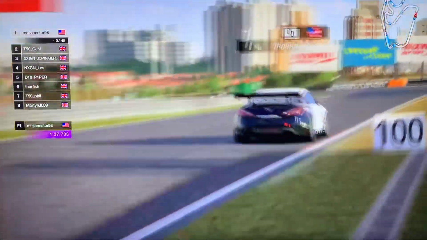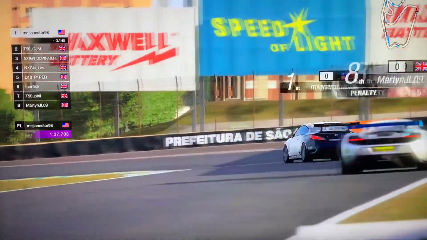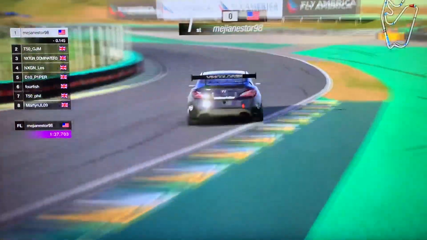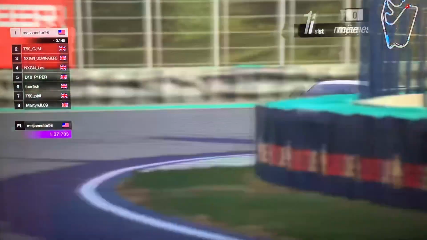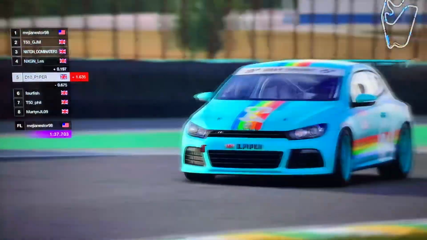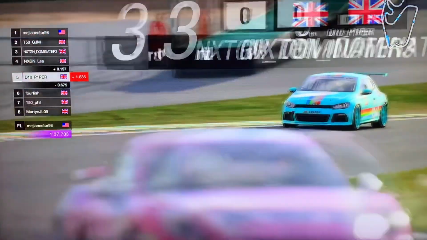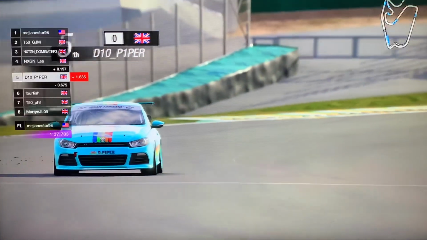I see Major Nesta coming down to turn 4 right now. And really, the big questions will be on Major Nesta. What can he achieve? As the same will be for Martin. And D10 Piper making his way through turn 12 right now. And remembering that D10 will be on that medium tyre,